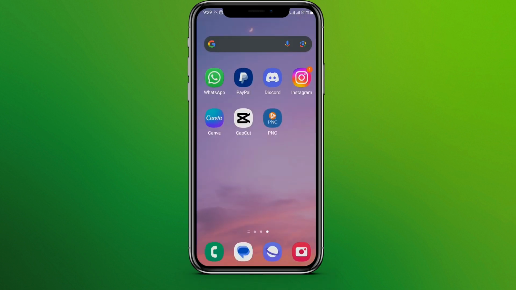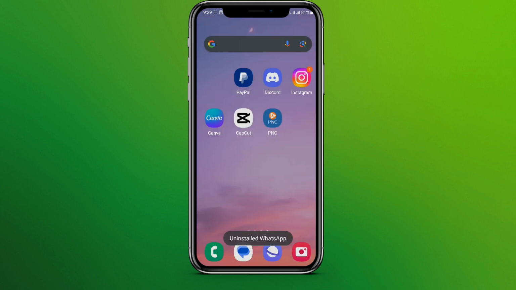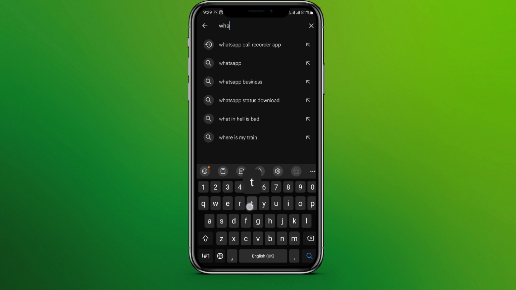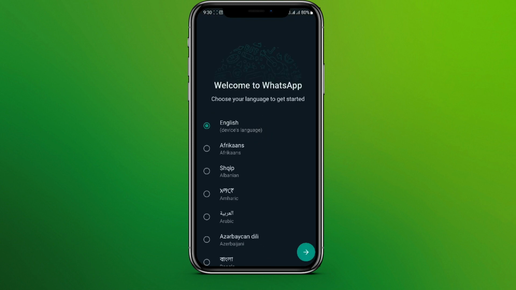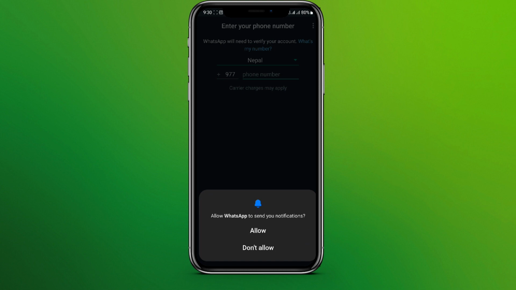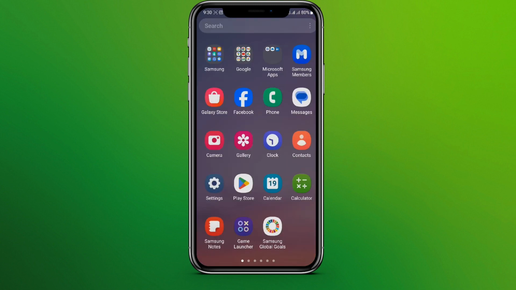Now let's get back and let's uninstall this WhatsApp app. Now we need to go to Play Store, search for WhatsApp and install it. Once you are done, click on open here. You can select the language and agree and continue. Now let's not do anything here and let's get back to My Files